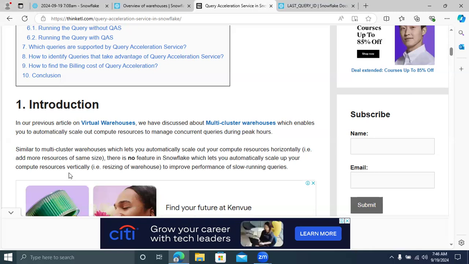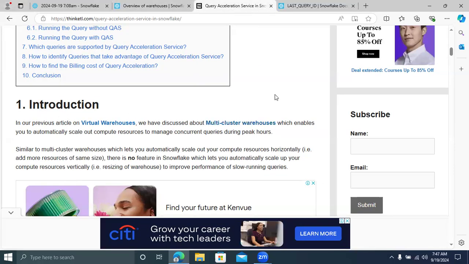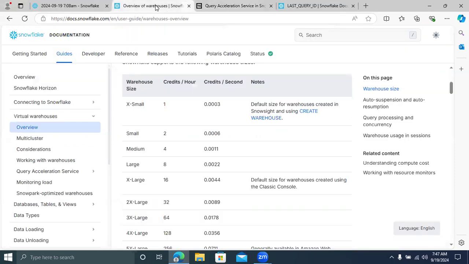Okay, now you have terabytes of data, and you are using the default warehouse XS. Now what do we have to do?